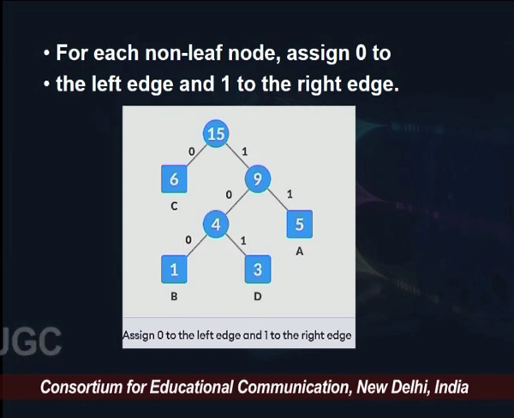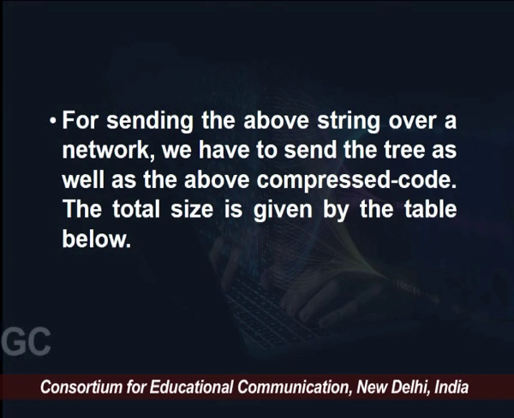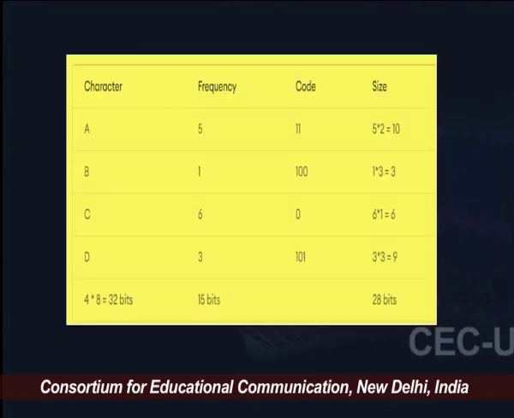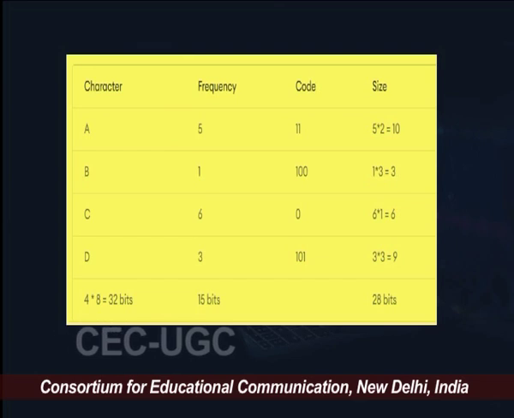So, for C we have 0, for B we have 1 0 0, for A we have 1 1, and for D we have 1 0 1. This is the code, which is a compressed code. For sending the above string over a network, we have to send the tree as well as the above compressed code, and the total size, if we talk about it, here you can see we have A, the frequency is